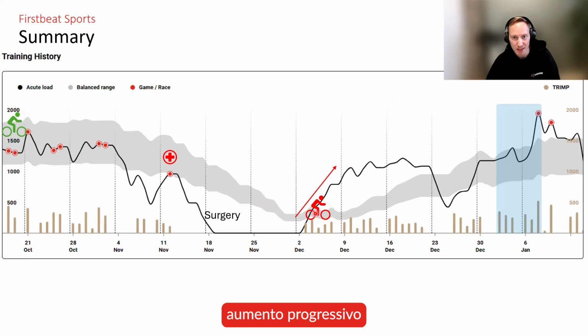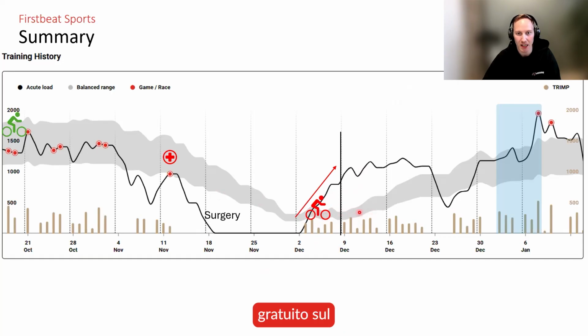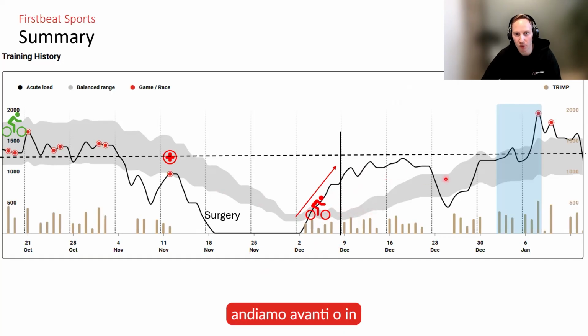Then we have a nice progressive increase in training load when they start to train. This line is indicating when the player starts to train on the ice. The training loads are a bit higher than pre-ice training. Then, actually in between, we have Christmas with a little break in training load. And then at the beginning of the year 2025, we are roughly on the same level as pre-injury in terms of